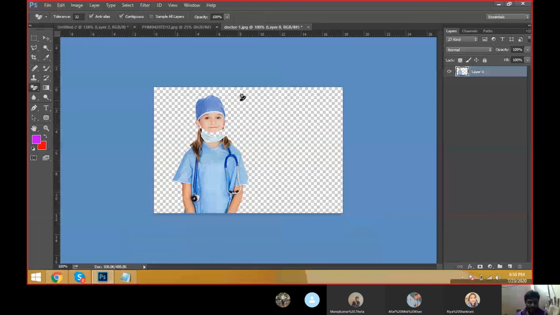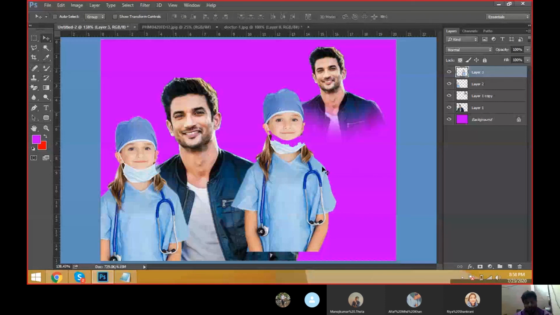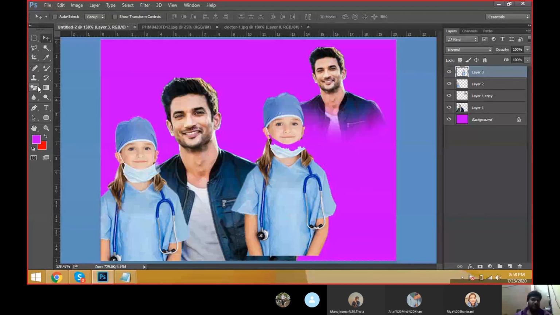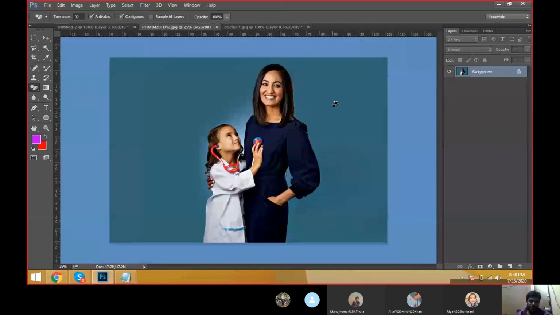This is okay, but in some areas where the selected pixels are, this is also a selected pixel in here. What you selected in the background, the selected pixels are similar to the mask layer here. That's why that one is also removed automatically. But when the background is different, meaning the similar pixels of the background are different from the image, now you can use it like this.